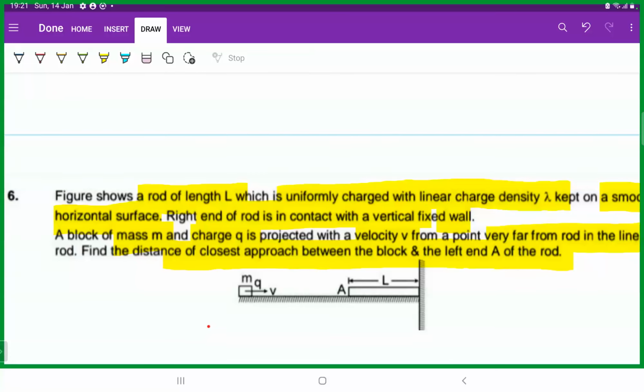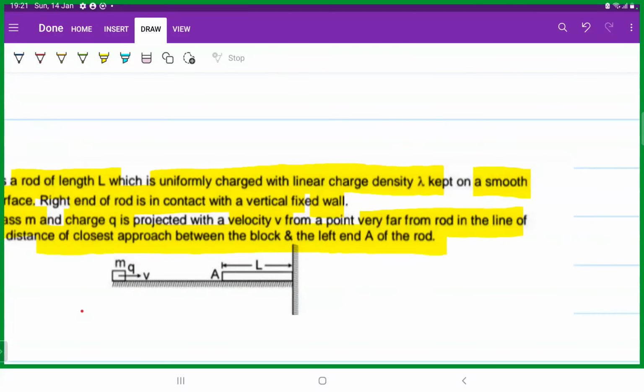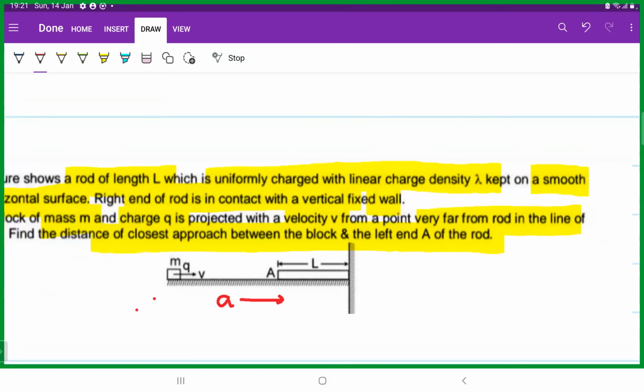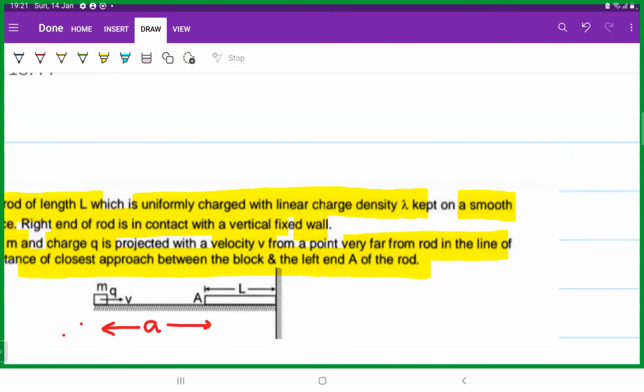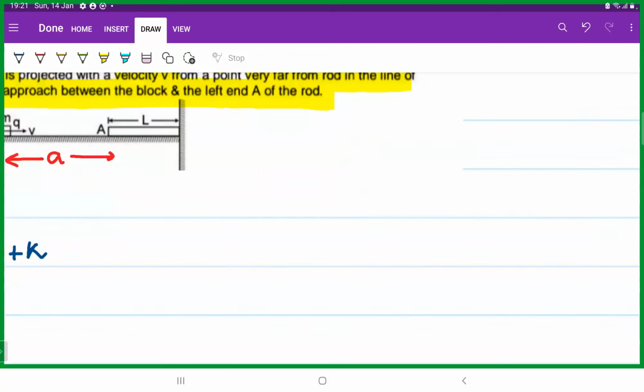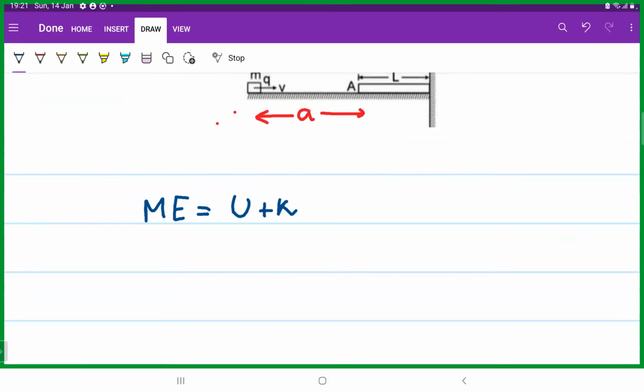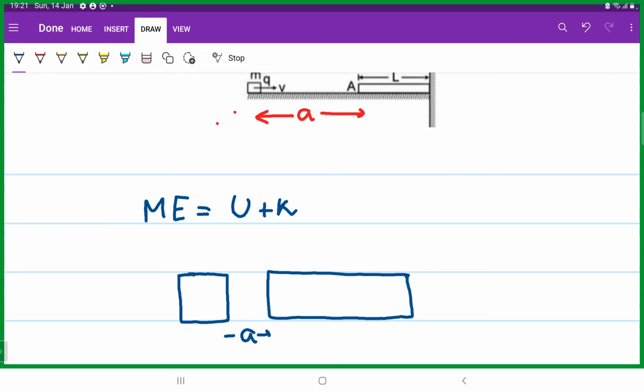Let the distance of closest approach be equal to A. This is the closest distance which these two bodies will be able to get to. Let this distance be x. We need to find the potential energy, so let's start by finding the potential energy between these two bodies. This is A, this length is L,